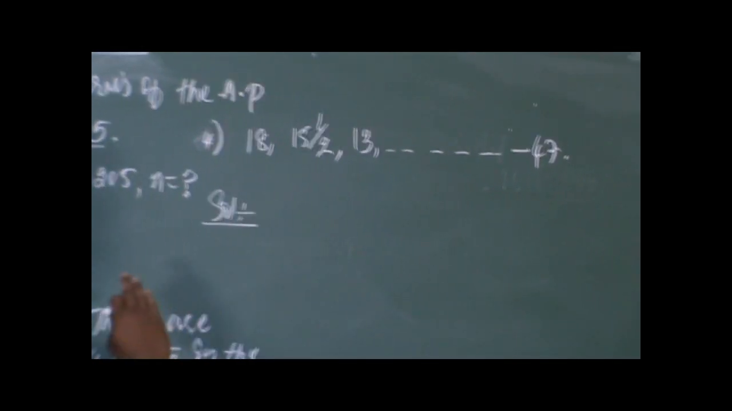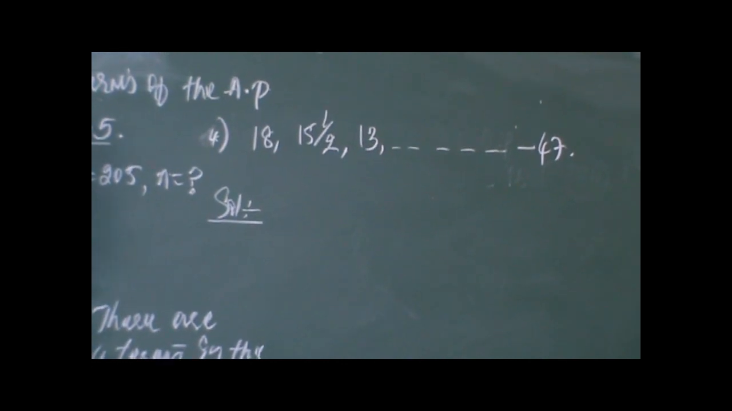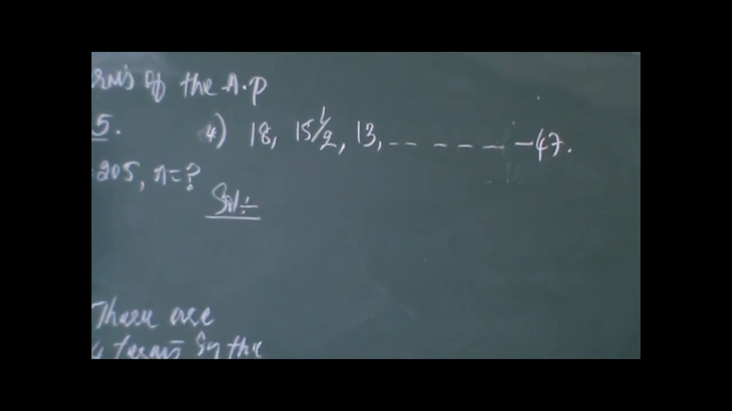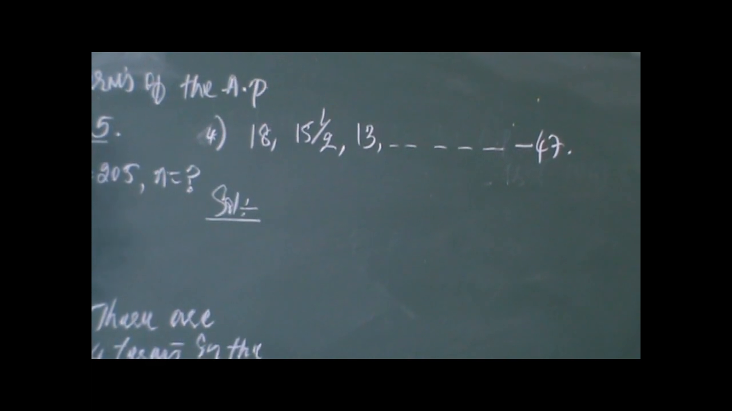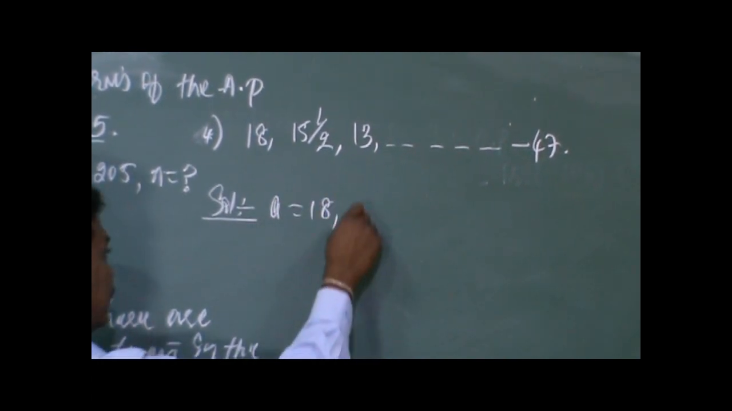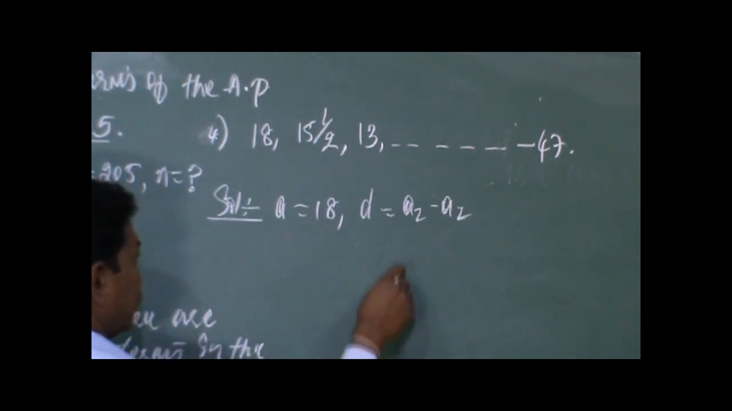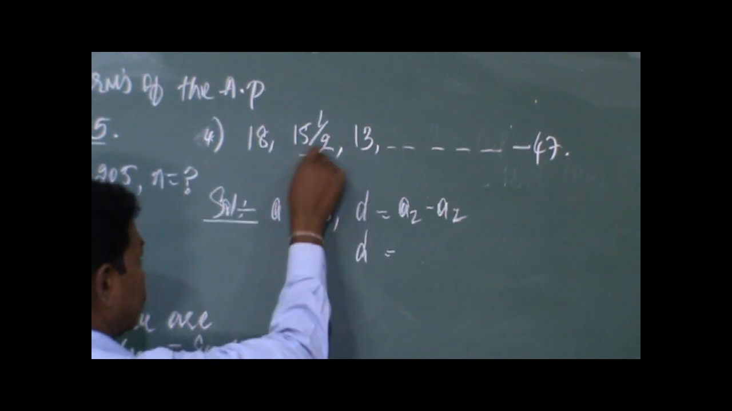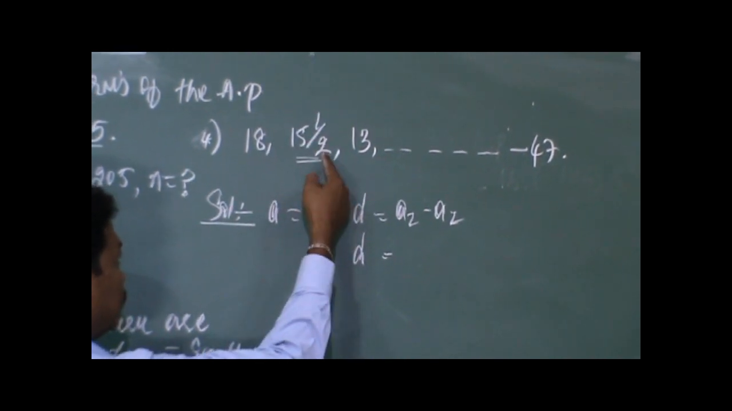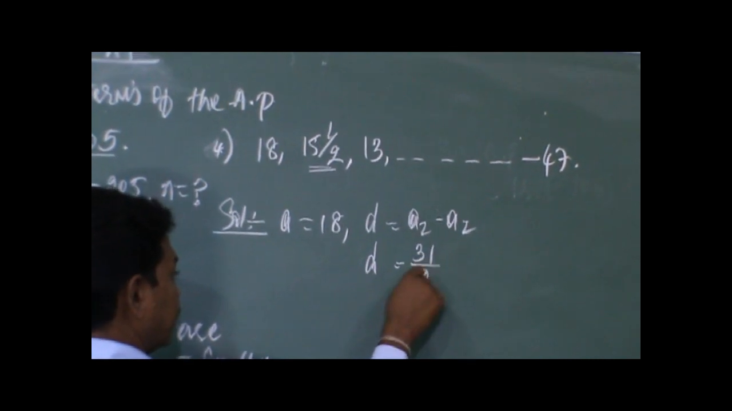As the terms are going towards the last term, they are becoming negative, so maybe we will get the common difference as a negative. Let's see. A is equal to 18, and D is equal to A2 minus A1. So D is equal to A2, which is 15 1 by 2: 2 15s are 30, 30 plus 1 is 31 by 2, minus